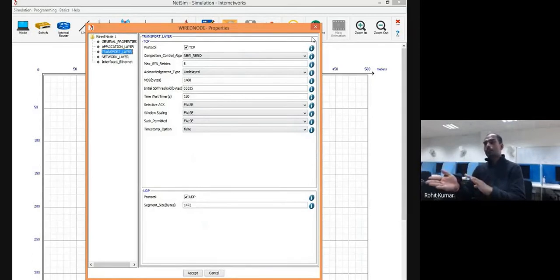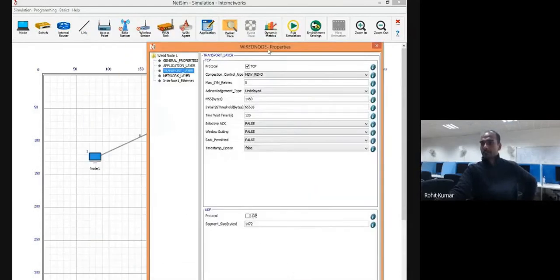Somewhere documentation is not good, somewhere documentation is good. Like in open source software, the main thing that is lacking is proper documentation. In a real-time environment, you will not get the documentation. So that's why NetSim becomes really handy. If you are a new developer, then it is really good for you. So suppose we choose TCP here, then we click on TCP and we remove UDP. Now only TCP packets will get transmitted from this particular device.